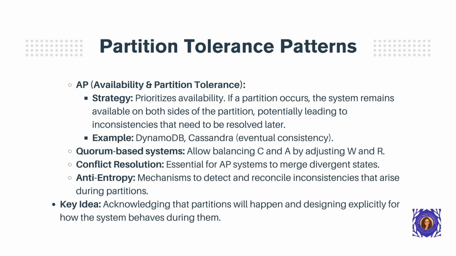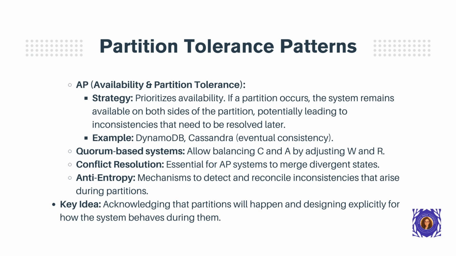AP, availability and partition tolerance. These systems prioritize availability. If a partition occurs, the system remains available on both sides, but this can lead to temporary inconsistencies that must be resolved later. Examples include DynamoDB and Cassandra, which favor high availability. Quorum-based systems allow tuning this balance. For AP systems, conflict resolution and anti-entropy mechanisms are essential to merge divergent states after a partition. The key is acknowledging that partitions will happen and designing explicitly for how your system behaves during them, based on